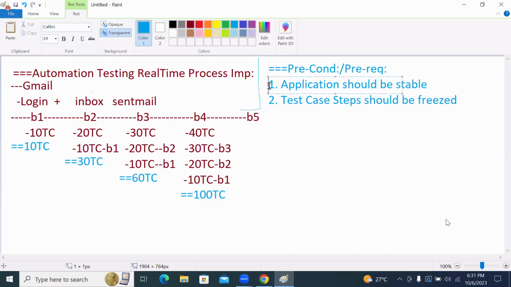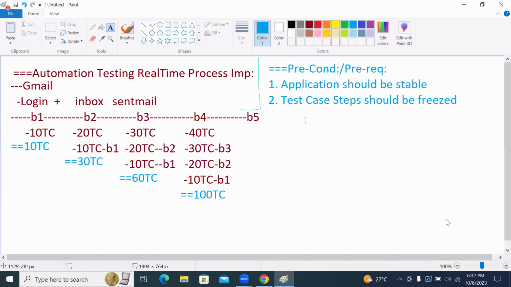The meaning of stable: we can say that functionalities should be working fine in all the builds. That is your first condition. What is the second condition? Second condition, see the terminology. Is it test cases or test case steps? Test case steps. Be very clear. It is saying the test case steps should be